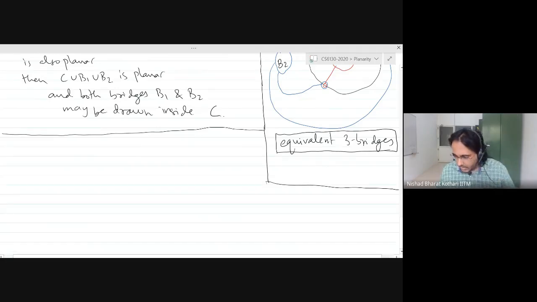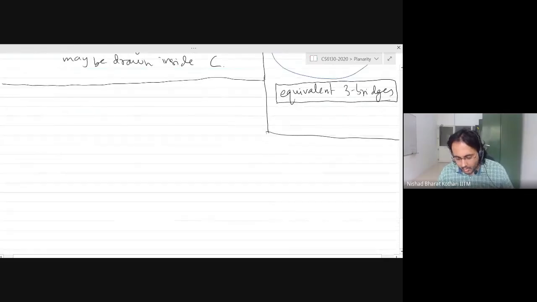Now let me ask you a question. I want to tell you the algorithm for planarity, but I want to start the algorithm with an example. I want all of you to think about how you would draw the graph in a planar fashion, or if you cannot, then explain to me why you cannot. Here is a graph that I took from Bondy and Murty, 1976.